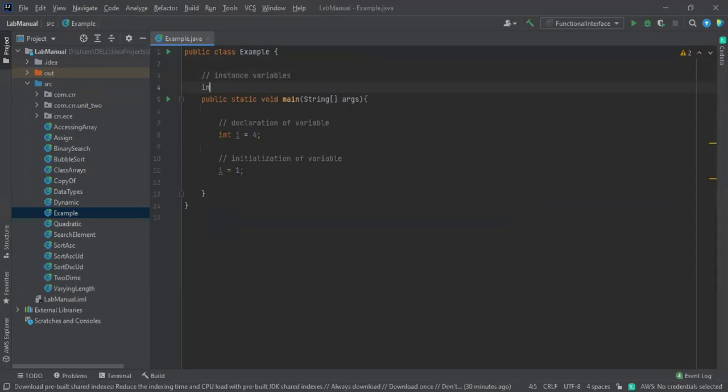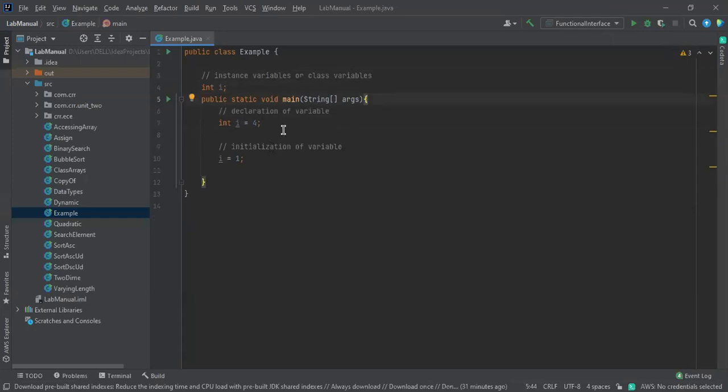If you declare your variable over here like this, it is called an instance variable or a class variable. Please concentrate on this topic: how variables change their name according to their position. So these are instance variables or class variables, sorry, and these are local variables, okay?